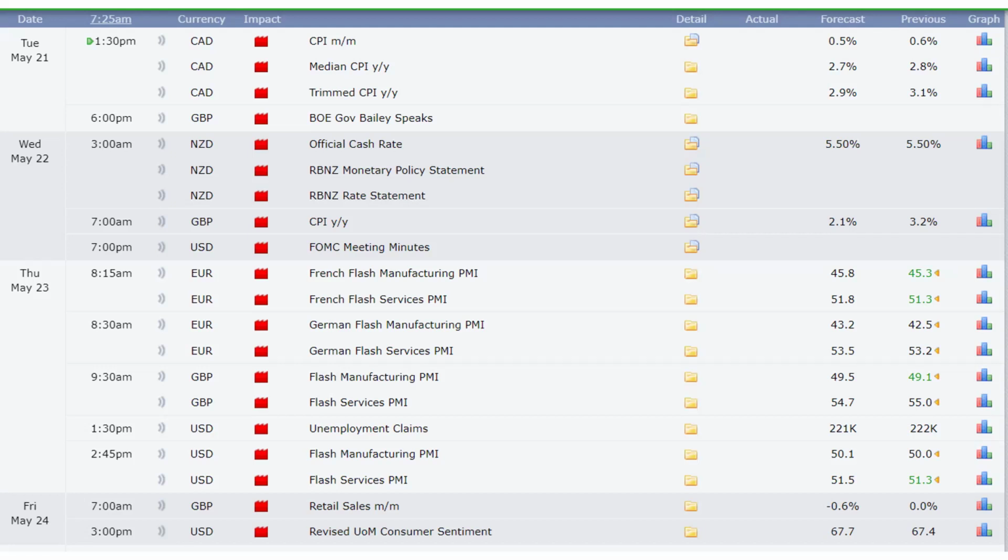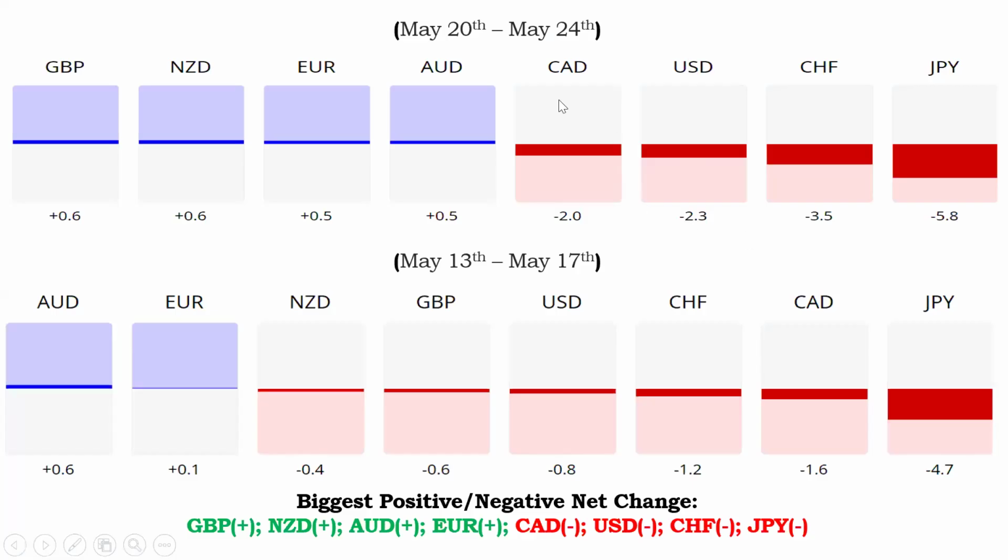So we have to plan our trades around this high impact economic data, which should impact the currency. But of course, we will also match it up with what the indicators and the technical price action are saying. So let's get to the first technical indicator we use, and that's the currency strength meter.